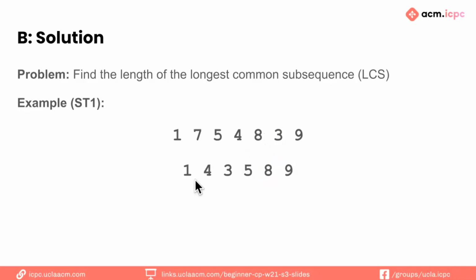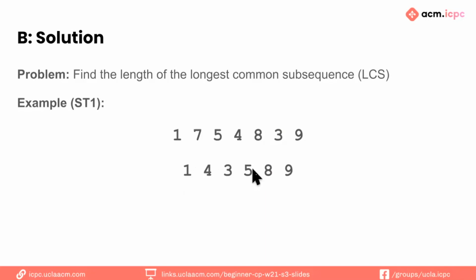So at this point, we've simplified this second sequence a little bit, but now we want to think about, well, it turns out in this case that the longest common subsequence is 1589 in both of them. And in the sample test case, it turns out that that's also increasing, but that doesn't actually mean that we want to just take the longest increasing subsequence of the second sequence. Rather, we want to think, for example,